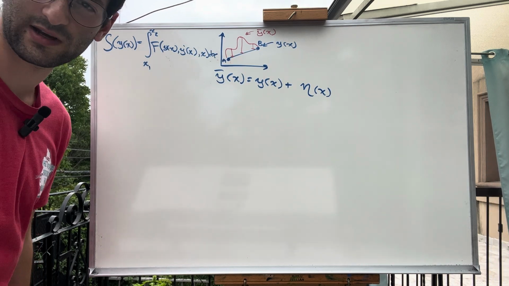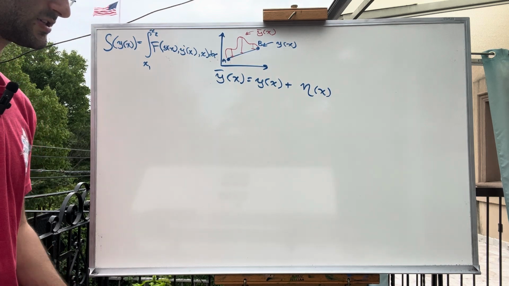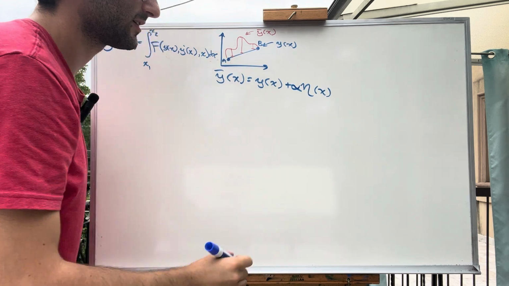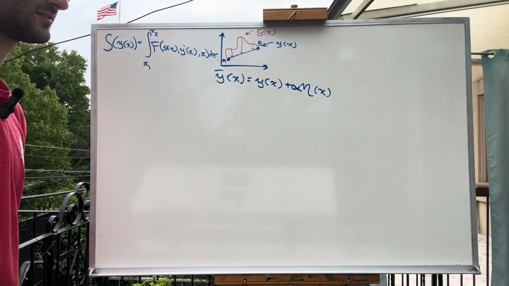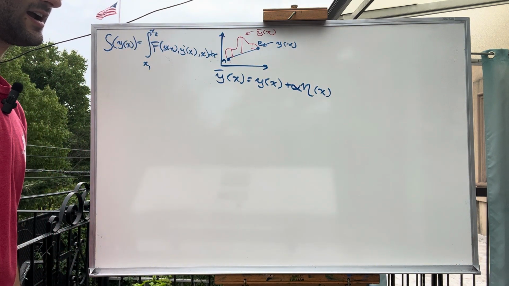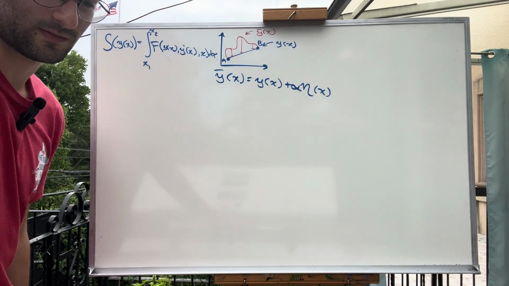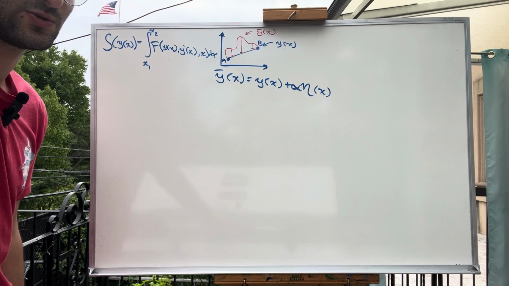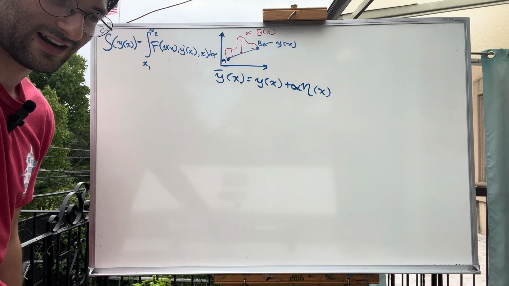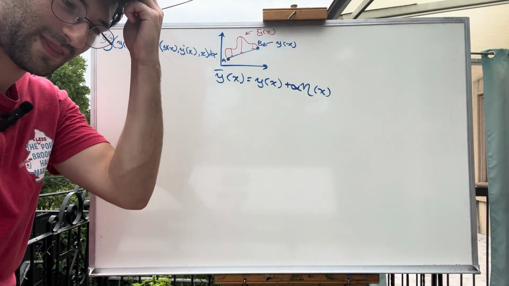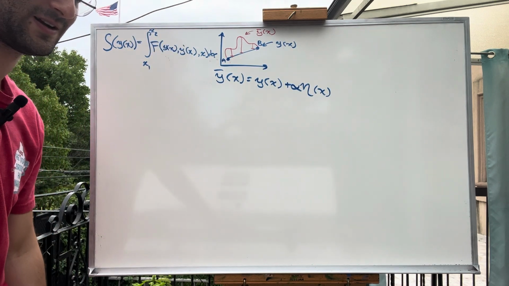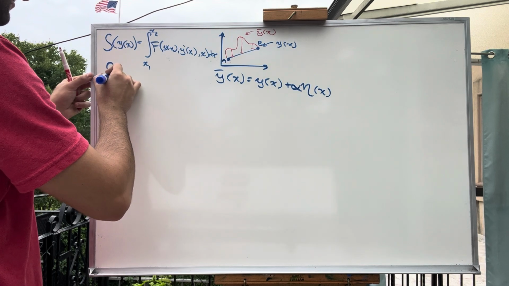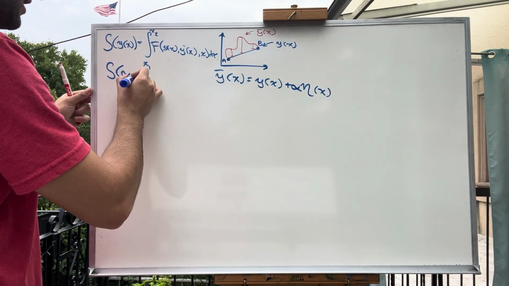So we can exploit this idea by introducing a parameter alpha in front of the eta of x. And we just transformed this problem into an introductory calculus optimization problem, where we could now represent a functional in terms of this parameter alpha,